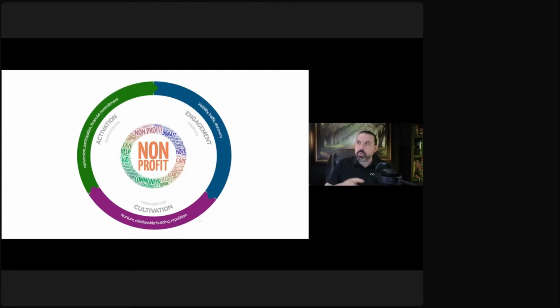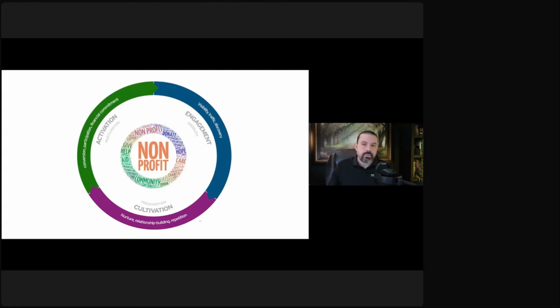Does this make sense to anyone? This is the full wheel here. You've got engagement, cultivation, activation, spinning and feeding back into each other. This is what we call a feedback loop, and you need this loop to keep things going. If you don't, then what you have is a straight line, and when you get to the end of that line, you have to go all the way back to the beginning and start over. Some of you are doing that with your donors and volunteers. There's no wheel, no ongoing process, no mechanism. It's not really a circular plan. It's a linear plan, and when you get to the end, you have to start all over. So many nonprofits do that. You'll raise all your money, and the next year you have to do it all over again.